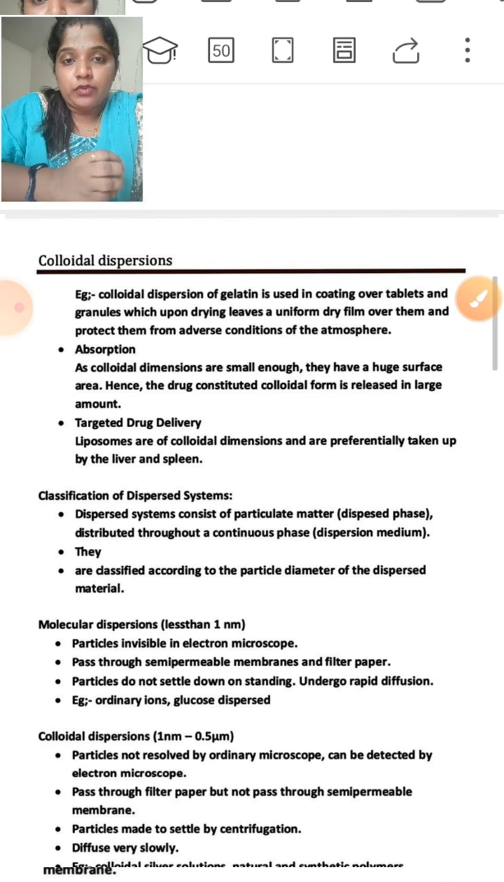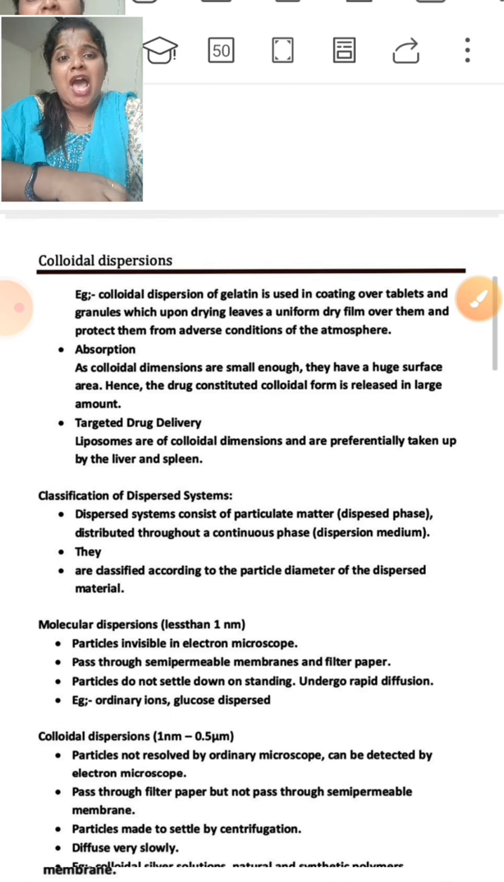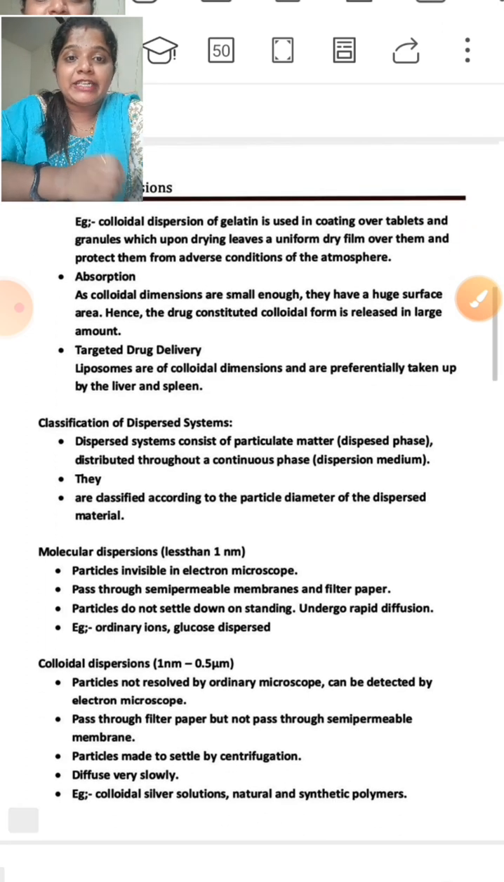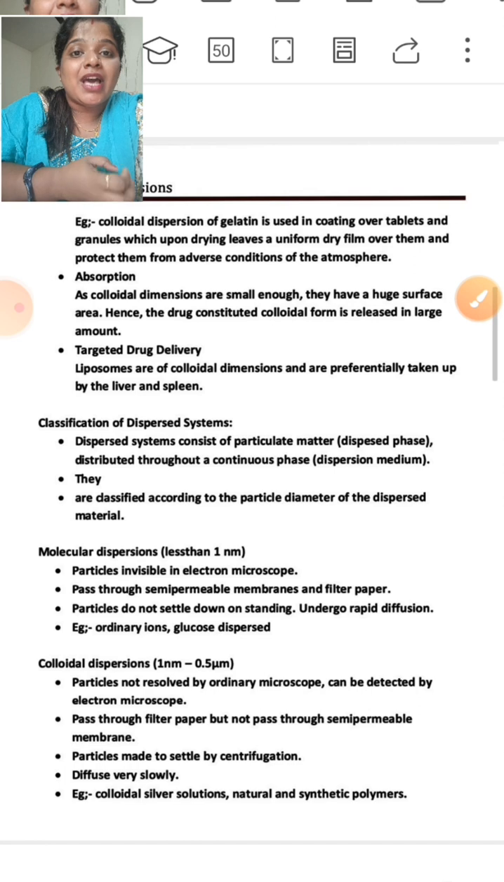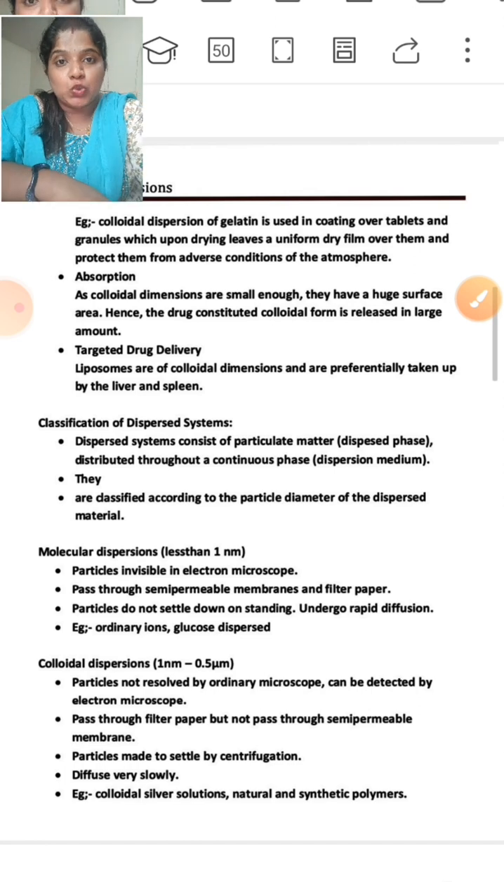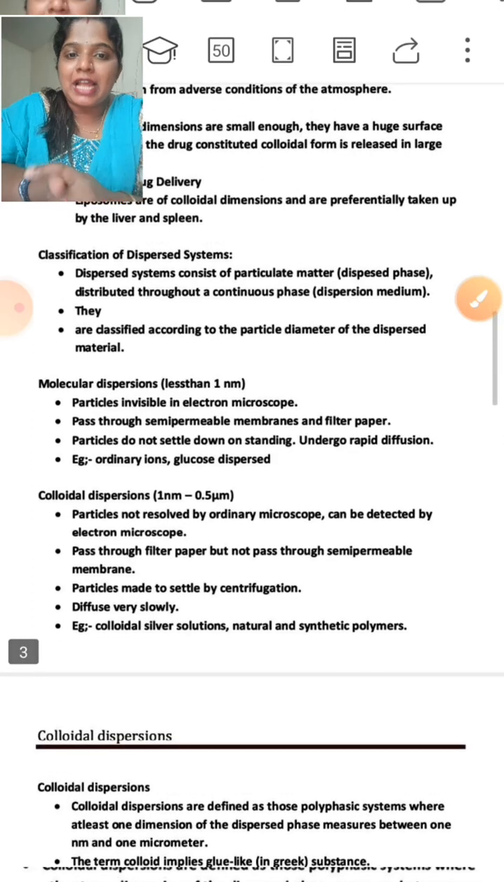Liposomes are of colloidal dimensions and are preferentially taken up by the liver and spleen. Okay, and coming to the classification of